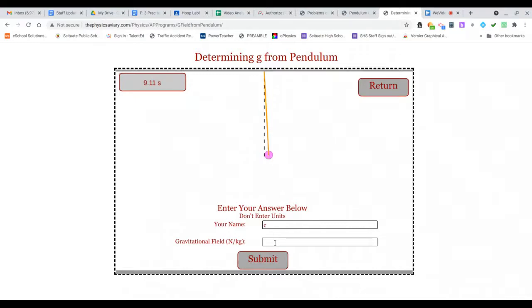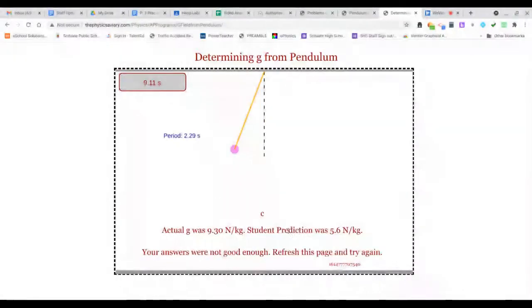Okay. So my answer was not good enough. The actual answer was 9.3. And since I wrote 5.6, I have to refresh the page and do this again. Okay. So you guys are going to have to do this until you get the correct answers and then take a screenshot and